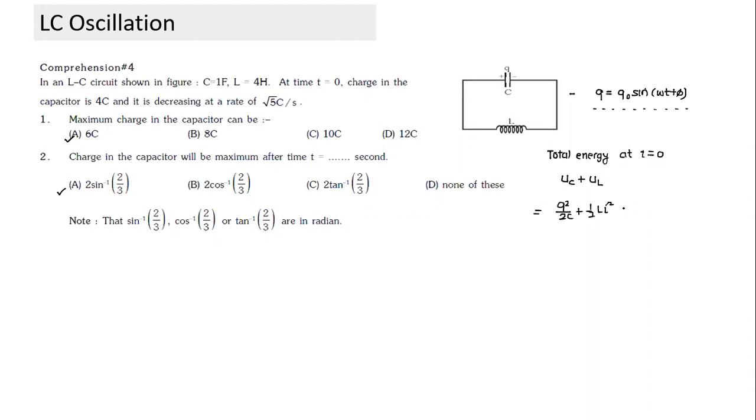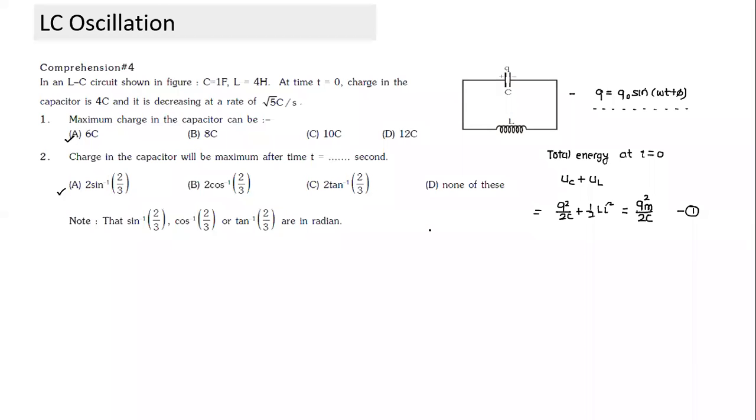Once I have this, if I have to find the maximum charge on the capacitor, when the charge is maximum, the entire energy is in the form of this equation. So this equation will give you the maximum charge. All can follow, all can easily find an answer. And once we have the maximum charge, how do we find it in terms of time, with t is equal to 0 and the charge decreasing at a rate?